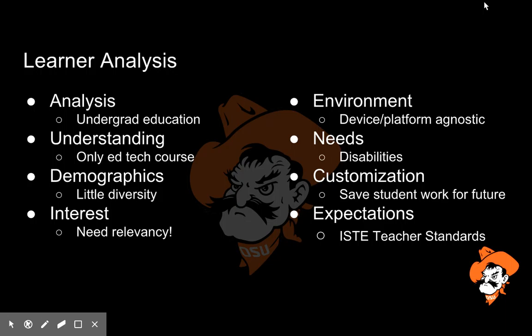And then interest was the next part. And I say that this needs to be relevant. My goal with this particular website is to make it a model for teachers, pre-service teachers, to see with about $35 or $40 what you can do to create a nice website that has a domain name and things like that. So I say $35-ish because I have $12 in the domain for the next year, and I have $20